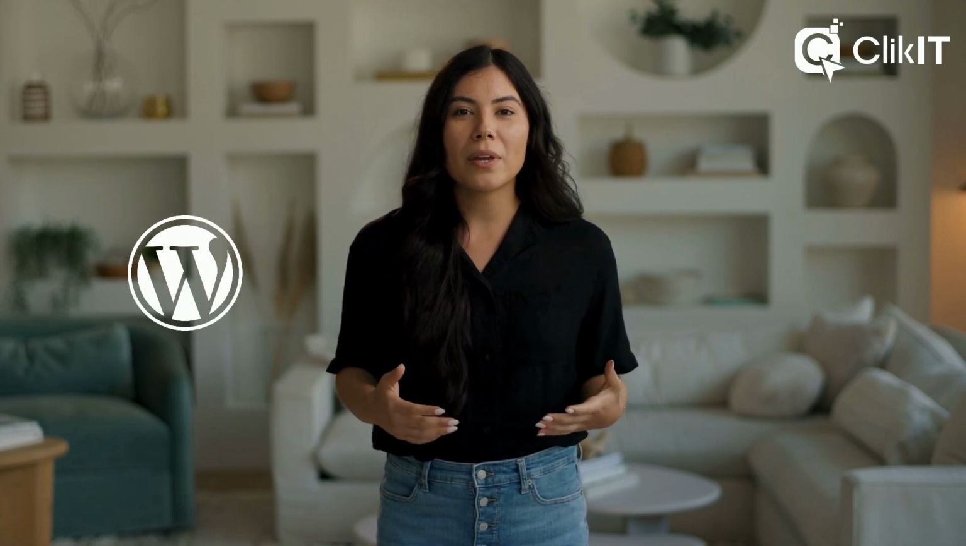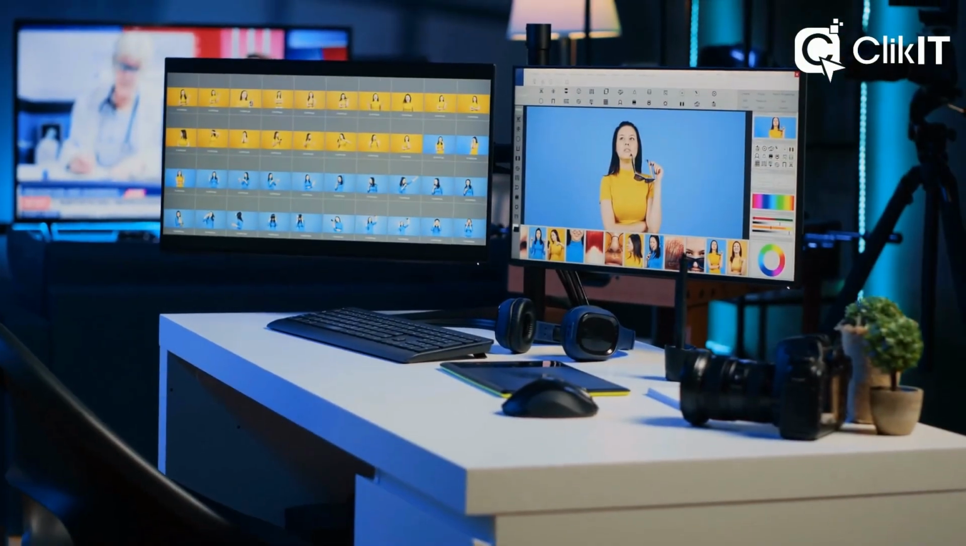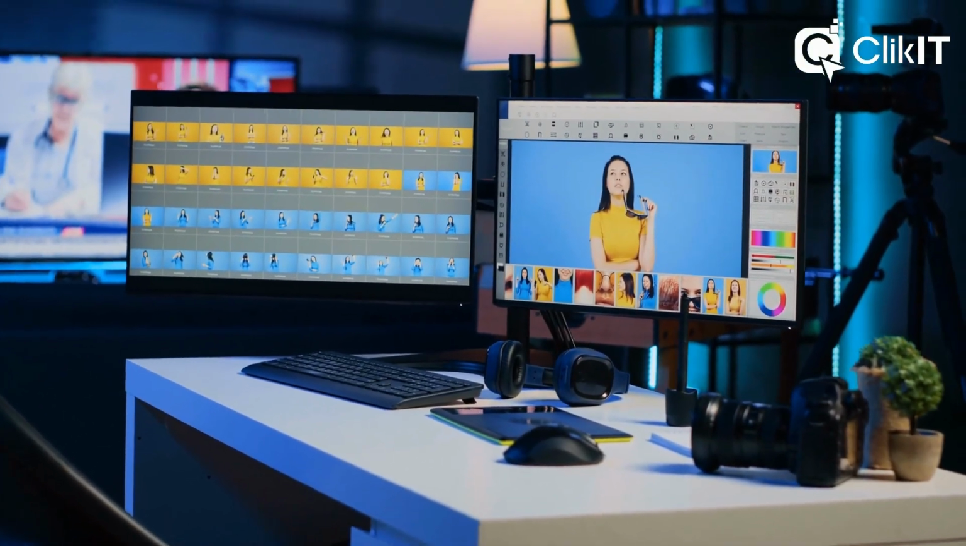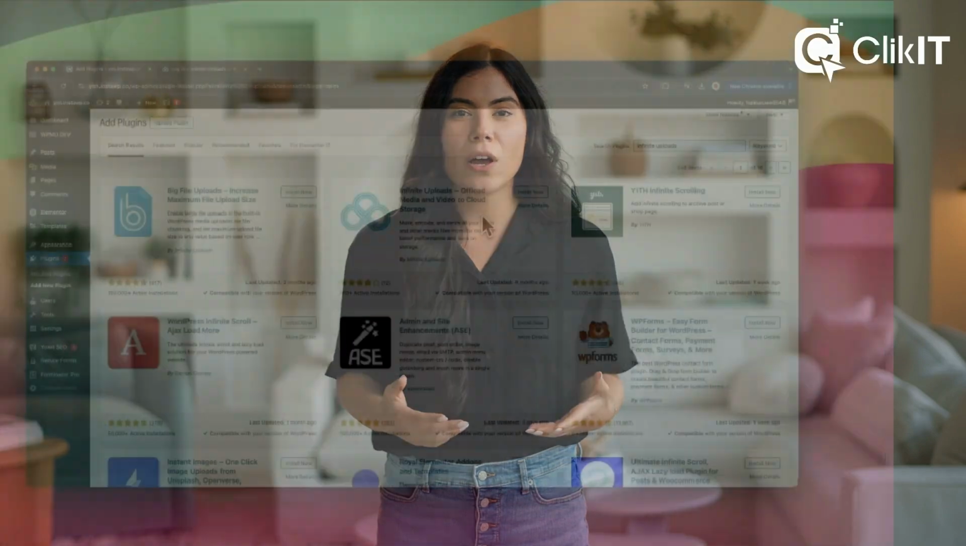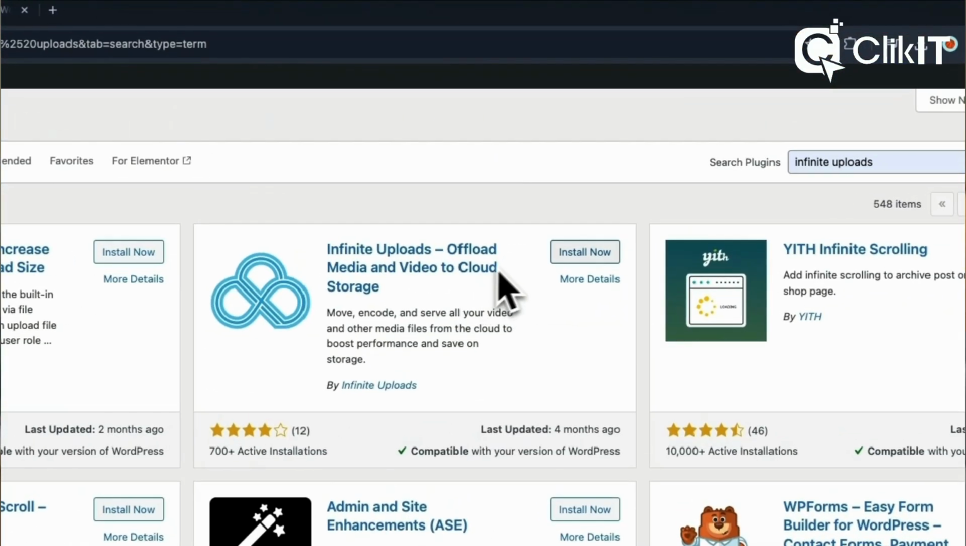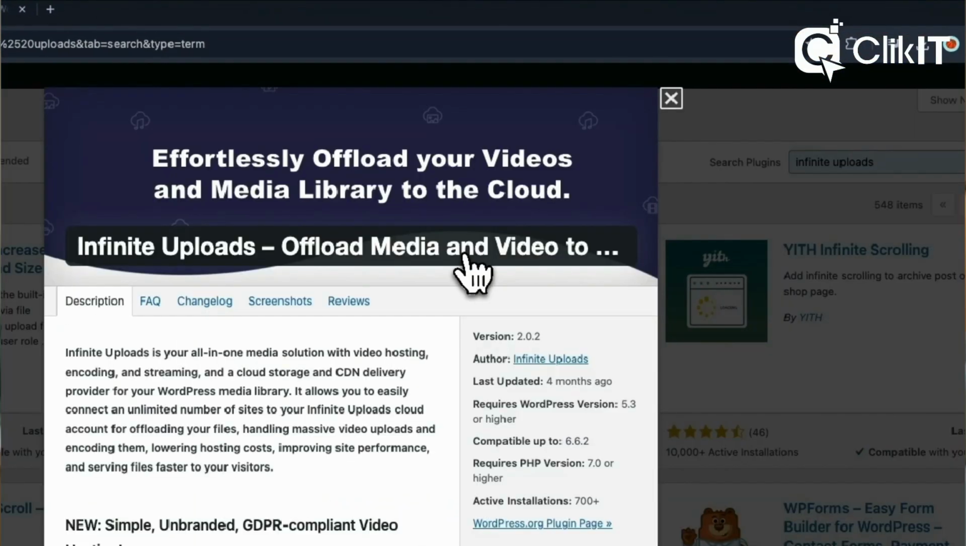Today we're diving into a game-changing topic: how to increase your file upload size in WordPress without touching a single line of code. This is perfect for those of you working with large files like high-quality images or videos. We'll be using a powerful plugin called Infinite Uploads, which is not only free, but also allows for unlimited upload sizes. This tutorial is especially timely with WordPress 6.7 on the horizon, bringing exciting new features for content creators and